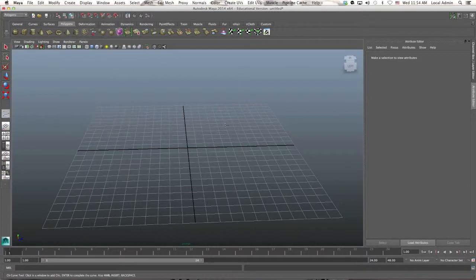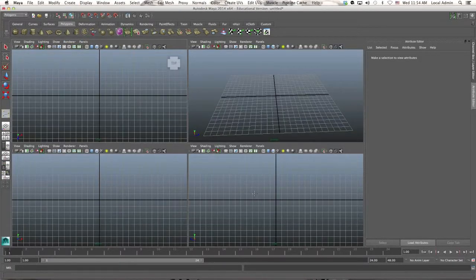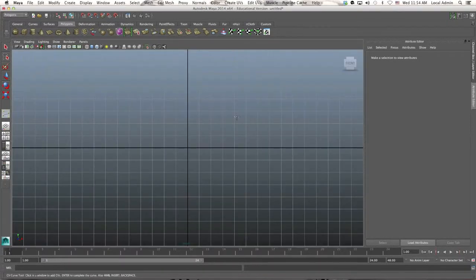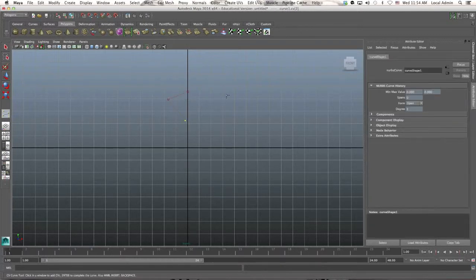We're going to use a CV curve tool, but we're going to be in an orthographic mode. I'm going to be in the front mode here, and I'm going to decide how I want my lamp to look. It's going to hold some lamp or light bulb or whatever up top, and then it's going to have this just kind of crazy curve underneath it till it hits the base down here at the bottom. That's not exactly what it's going to look like, but this is the reference curve that I'm going to use